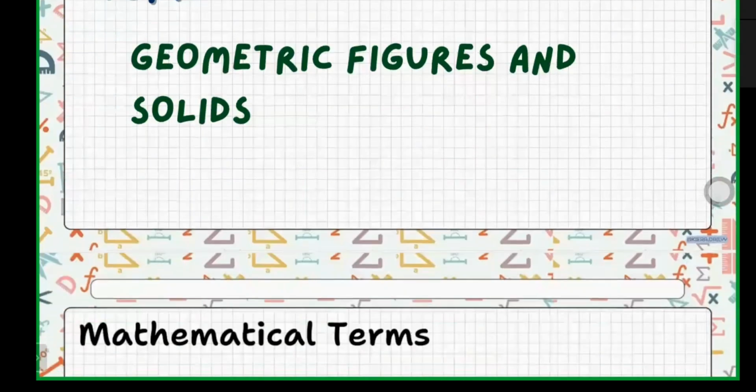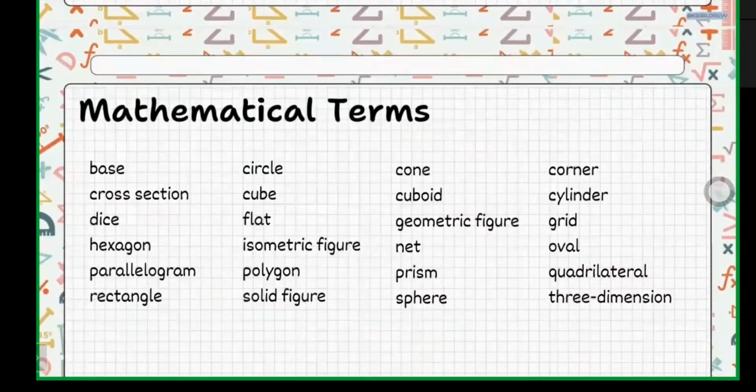Now let's continue with first mathematical terms. Read the mathematical terms. You can read after me. Base, circle, cone, corner, cross section, cube, cuboid, cylinder, dice,